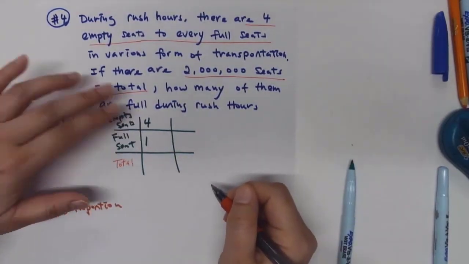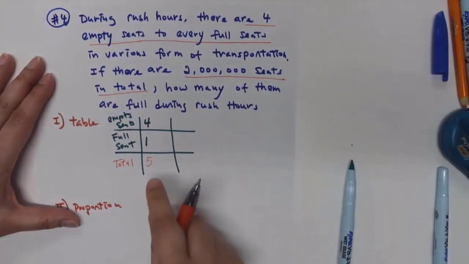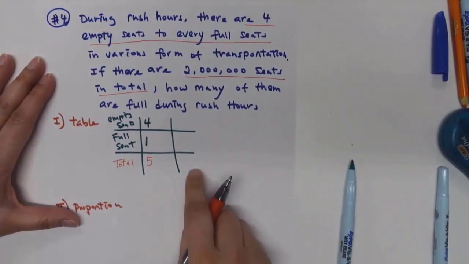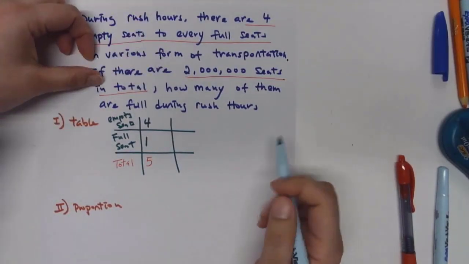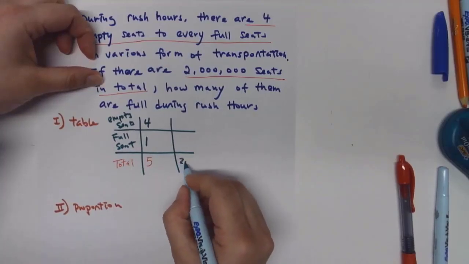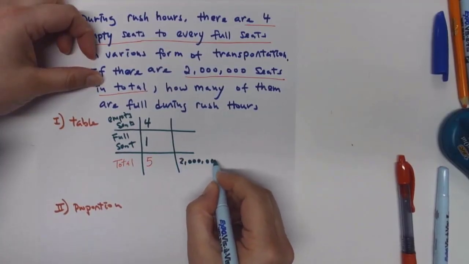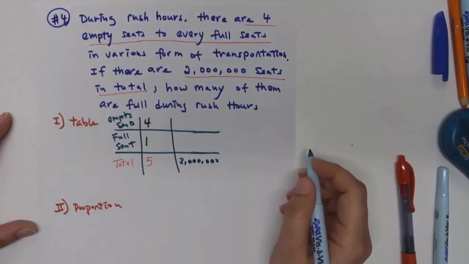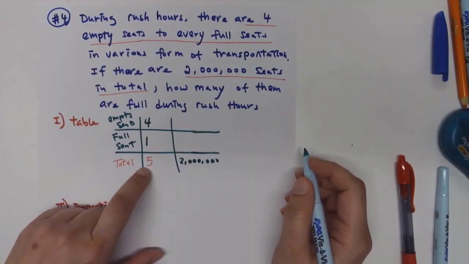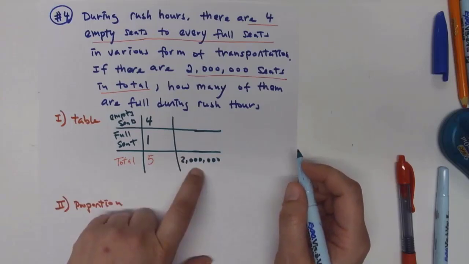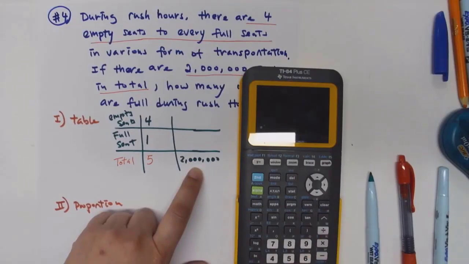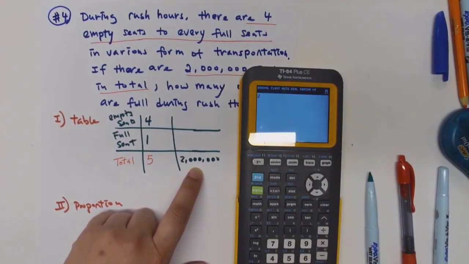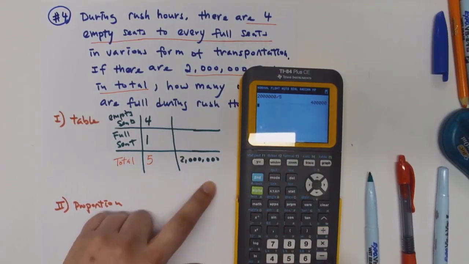If we add these two together, we get 5, right? So we don't know this number. I'm using a different color. And I also was given there are 2 million total seats, right? So I'm going to put 2 million here. Are we okay? When we get to here, I need to figure out 5 times what is 2 million, or we can think of it as the division problem. We can start with 2 million divided by 5, which is